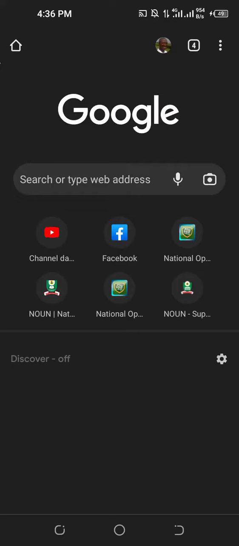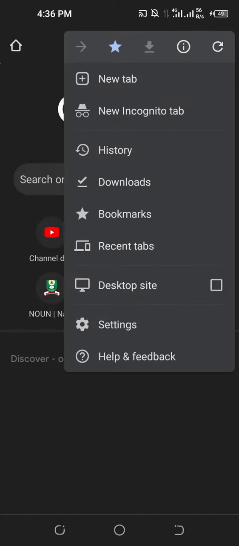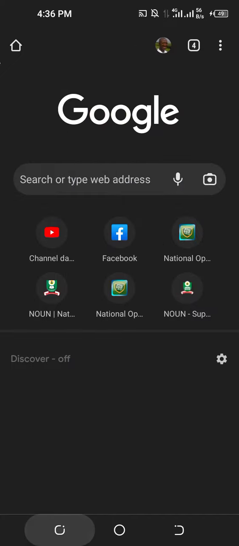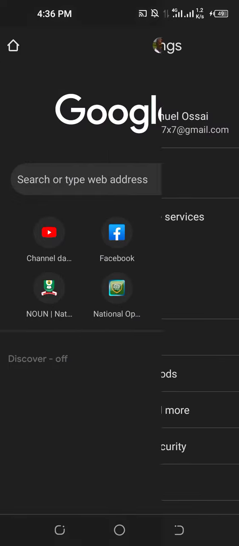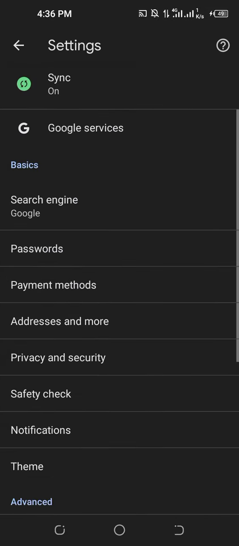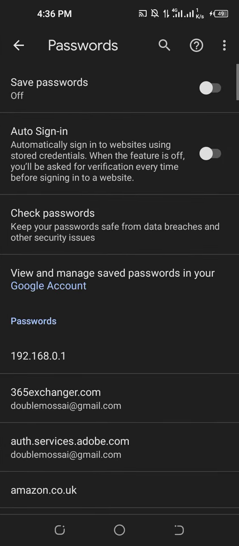Okay, if you can log into your portal, but whenever you send someone your password, the person cannot log in, you will have to go to settings. Open your browser. This is Chrome. Open your Chrome, go to settings, and then find password. You can see passwords. Maybe here under this search at the top here,